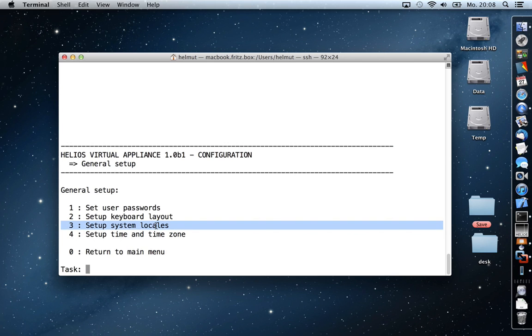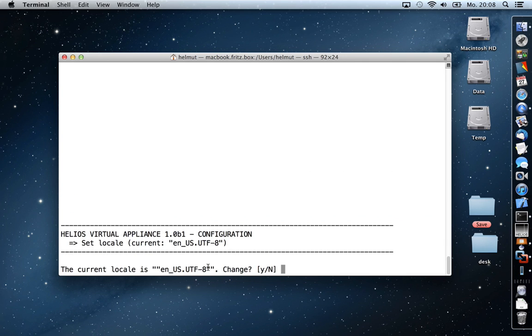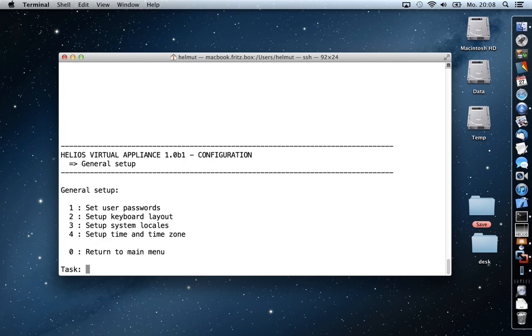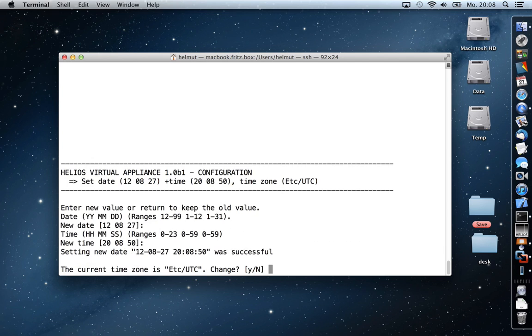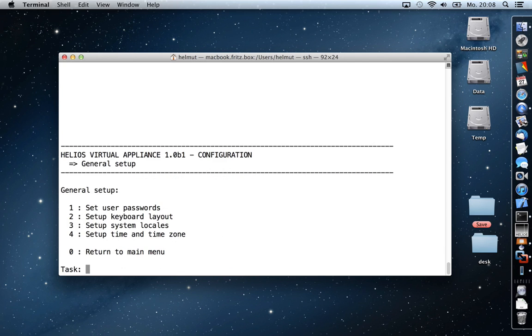I don't think that you need to set this up, but if somebody prefers to have a German error message in a shell, they can switch it to German. Right now it's set to UTF-8 English, so don't change this. And what probably everybody will do is set up date, time, and time zone. In this case I don't need to change it, it's all fine. So going back to the main menu,